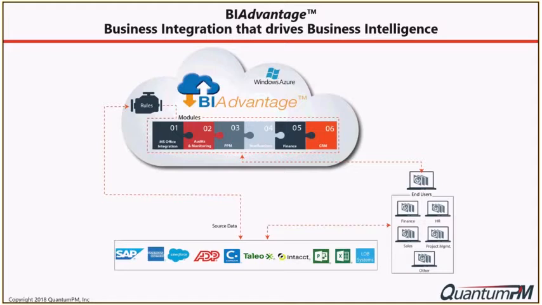And it's more than just a place that mashes things together for you. You allow your users to work in whatever systems they're comfortable working in, and then you have rules within the system to pull the right data at the right time so that you can present data appropriately and get it to the people who need it very promptly, very quickly. That's the intention behind having a system like BIAdvantage that will pull all that data together. And it doesn't really matter what the system is that it's coming from, as long as that is the source of the data, the source of truth.